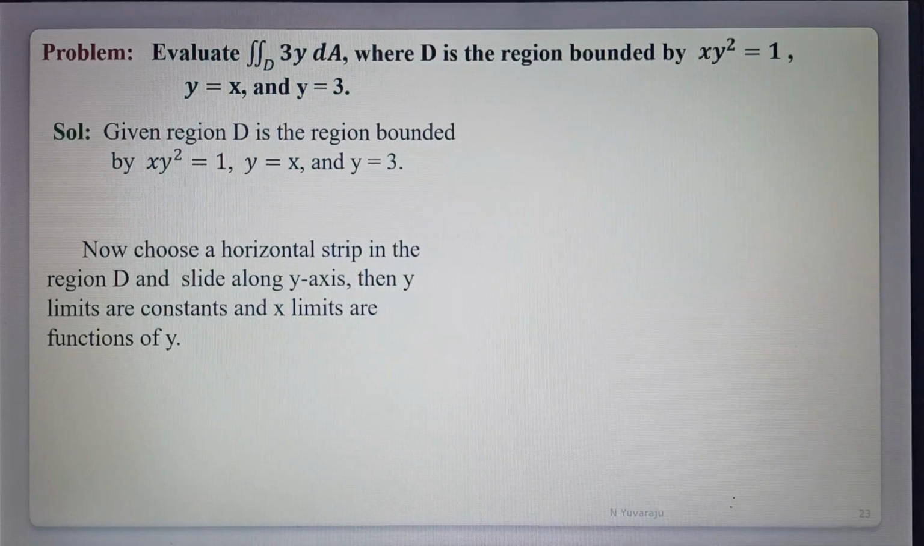So now choose a horizontal strip in the region D and slide along the y axis, then y limits are constants and x limits are functions of y. So that is equal to,